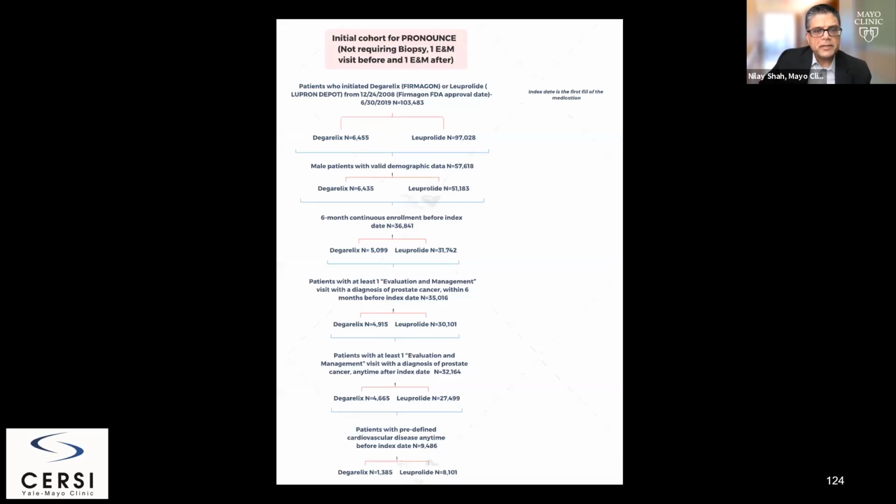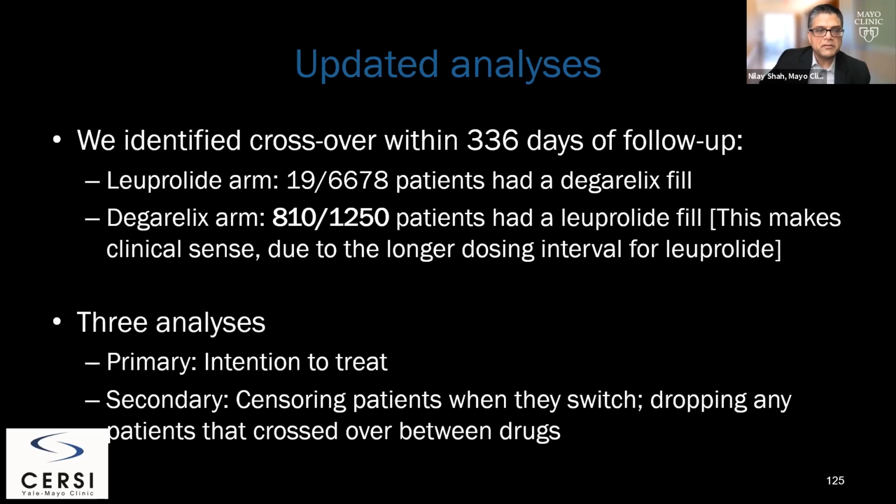And what you'll see here, again, this is not to get into the detail, but a point that the panelists earlier brought up is, when we start with a population from real world data, we oftentimes start with a very large population. Here in this case, you can see we started out with 103,000 individuals receiving either of the drugs. But once you apply all the inclusion, exclusion, all the different criteria, you end up with a much smaller sample. So it's still oftentimes larger than what you would see in a clinical trial.